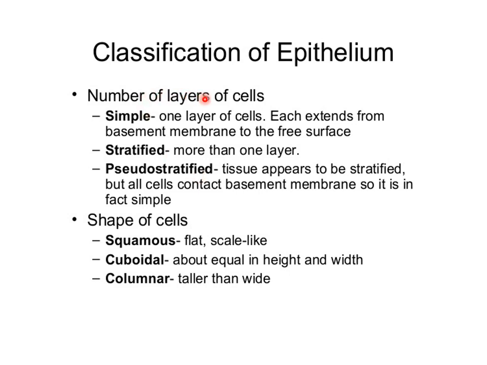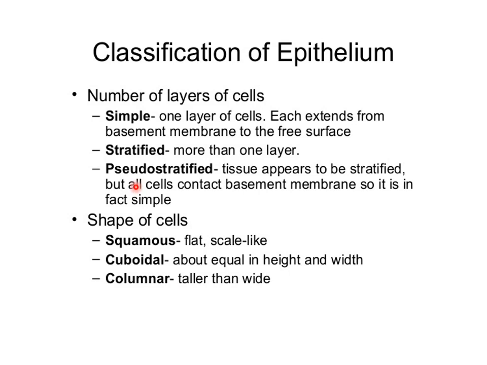So they are categorized in another variety, the pseudostratified. According to the number of layers, if there is a single layer, we call it a simple epithelium, and if there is more than one layer, we call it a stratified epithelium. Then according to the shape of the cells, there are three types: the squamous, or the flat or scale-like cells, and the cuboidal, or cube-like cells, which have the same height and width, and the column-like cells, or the columnar, which are taller than wide.